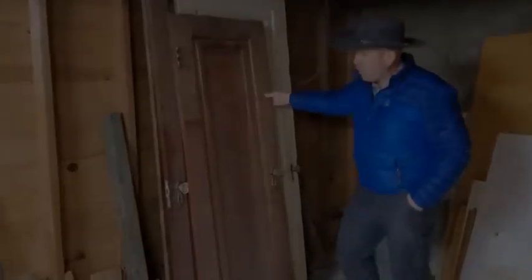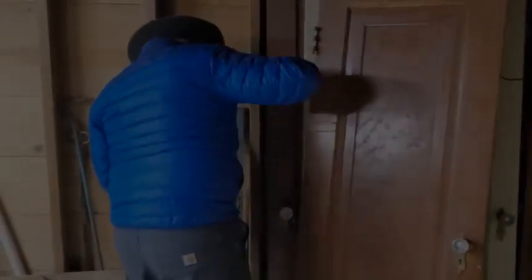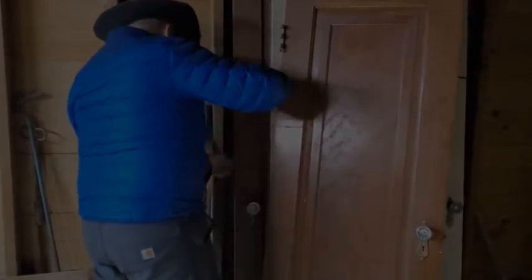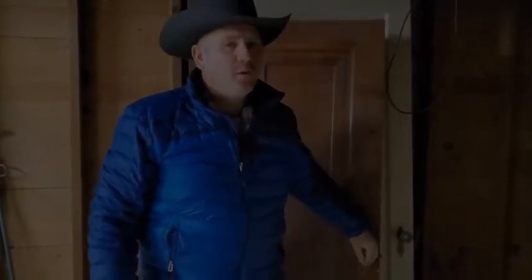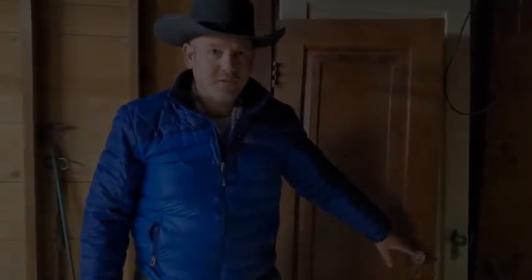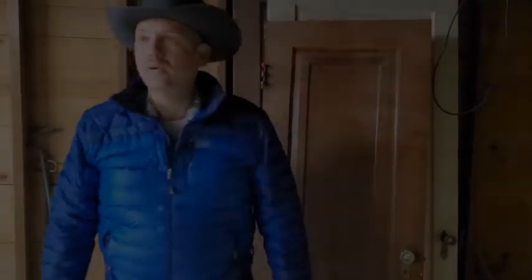Oh, down here. How about some more of those doors original to the house? And look at these knobs. 1, 2, 3. There's like 3 doors with the glass knobs, and there's another one with the hardware, no glass knobs. All original to the house. So that is really, on these old homes, if you want to restore it back to its original state, you love these old knobs, which are super hard to find. That is really cool. And back around here,